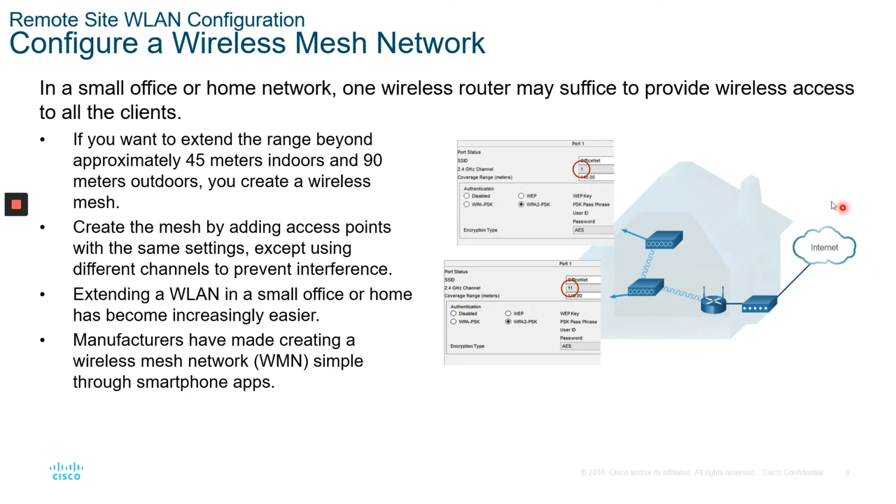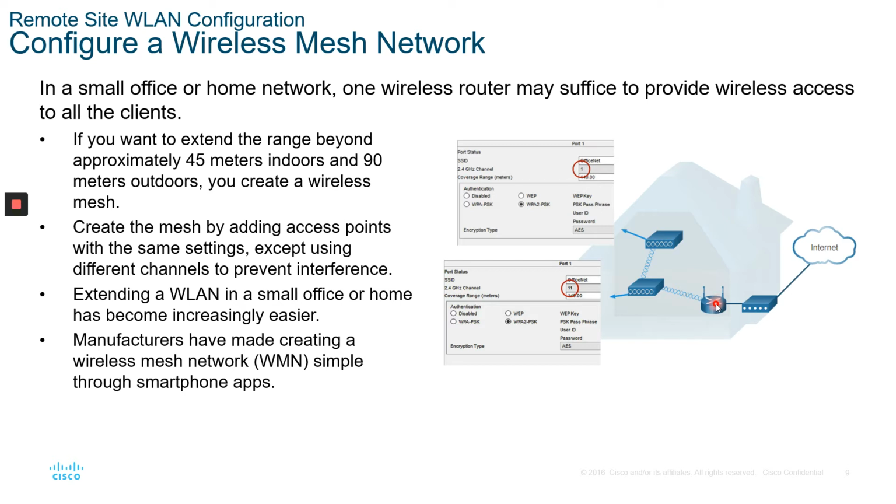So this is our topology. The mesh topology is an environment where you want to have a number of access points installed on your network. Over here this is your wireless LAN router, and then you have a number of access points connected to this wireless router. So in order to create this,